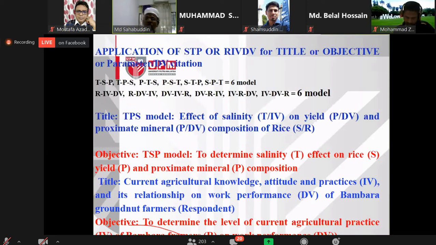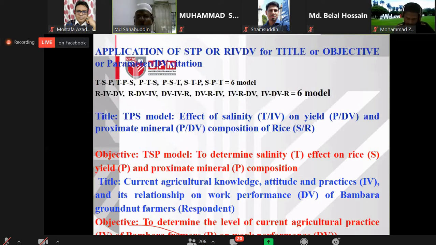Now we have to calculate, out of the 30 citations, how many citations under the subject, how many under the treatment, and how many under the parameter, according to their importance, their value. For my research, I have to write about parameter, treatment, or subject, or RIV and DV, for my introduction.